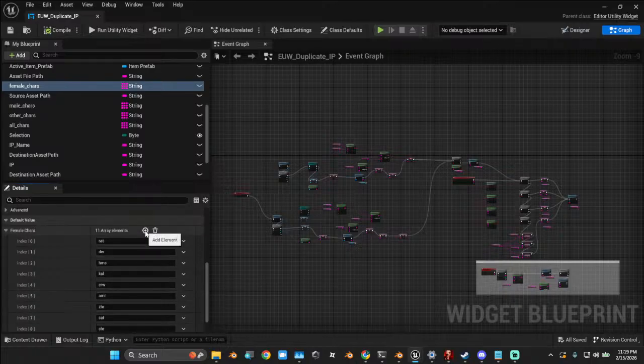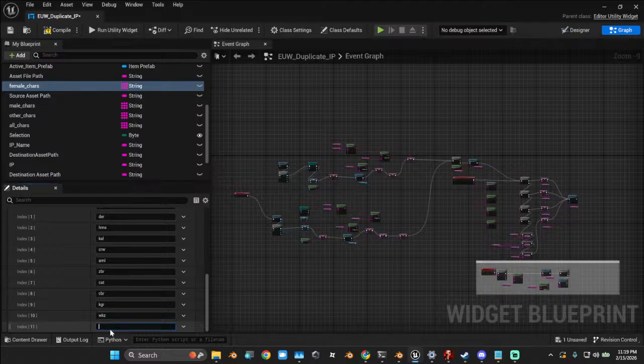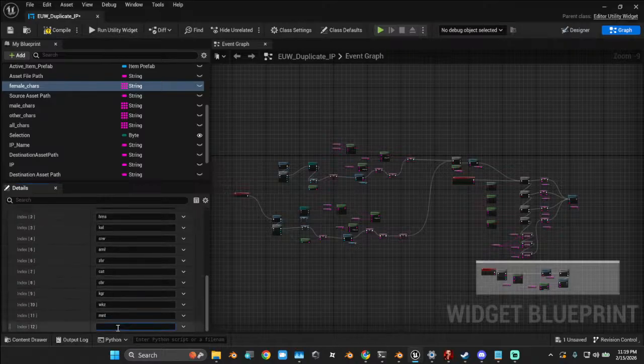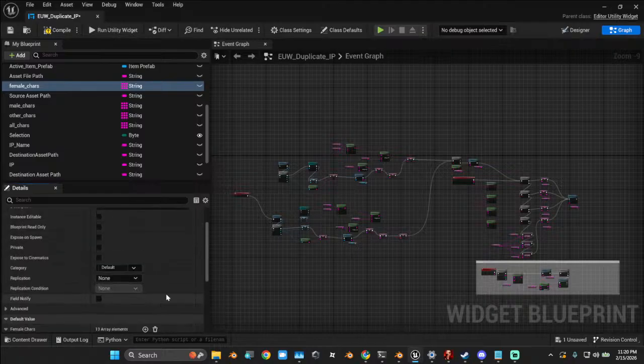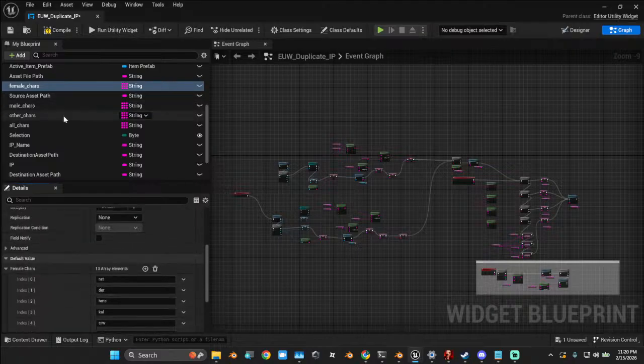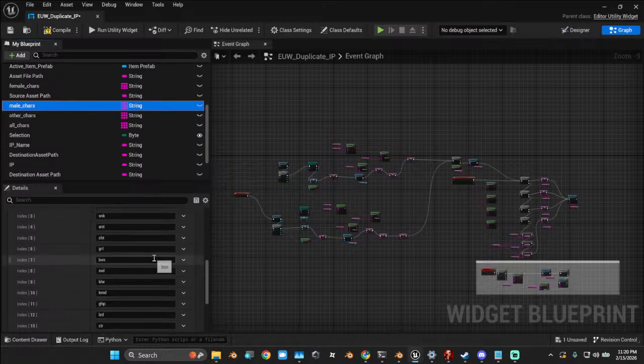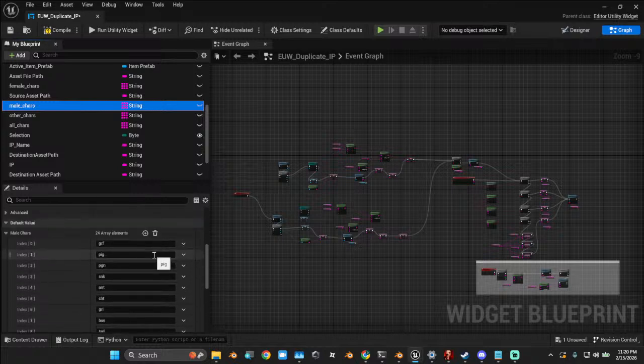If I want to add them back, I'm just going to hit plus and write their abbreviations. So Alyssa is MNT and Leo is GHP. Right? Cool. So I could do that. Now for the male characters, I removed Jack and I removed Yoshi because those ones have unique body types, so